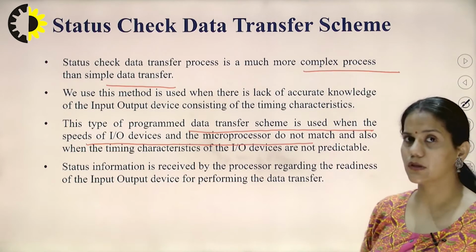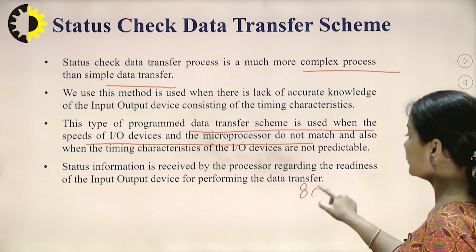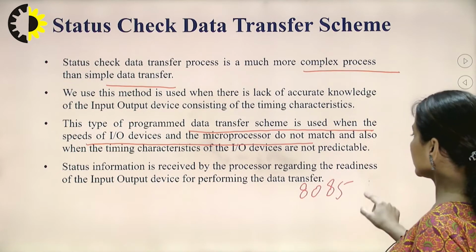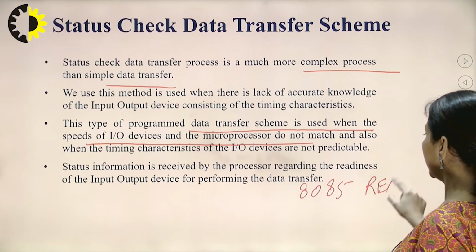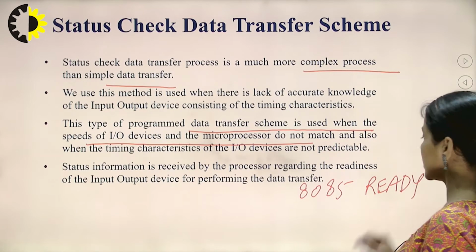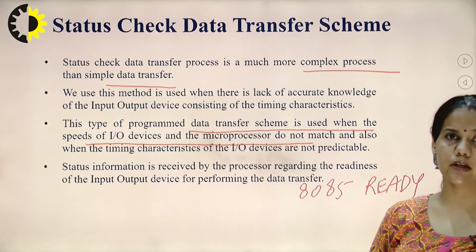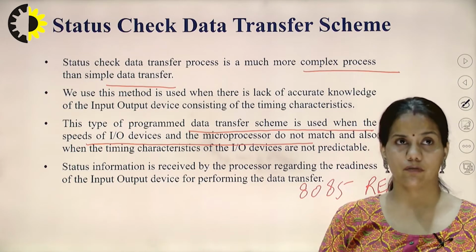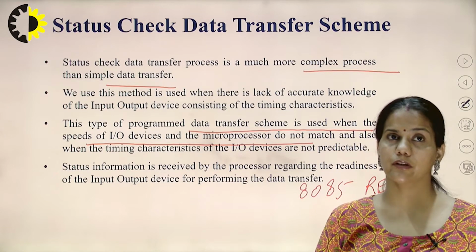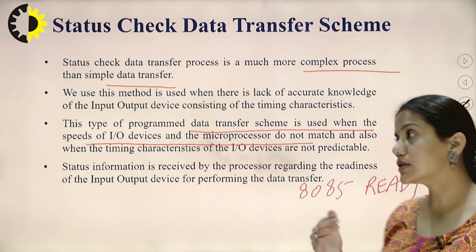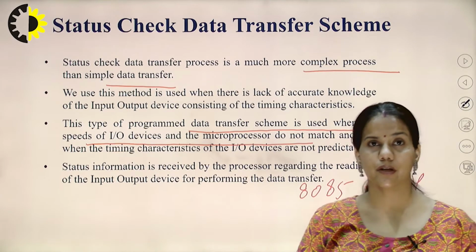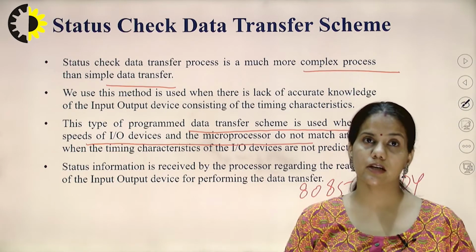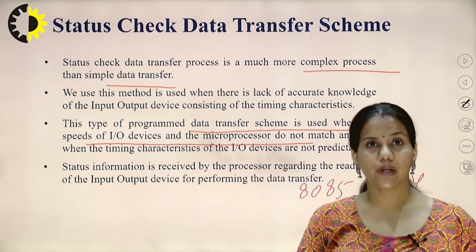So suppose, for this in the 8085 we use certain instructions like READY. READY is the pin through which the signal arrives to the microprocessor from the peripheral device, and it is used to judge whether the peripheral device is ready for the data transfer or not. So in such schemes, there are always handshaking signals, and these signals are used to determine the compatibility between the